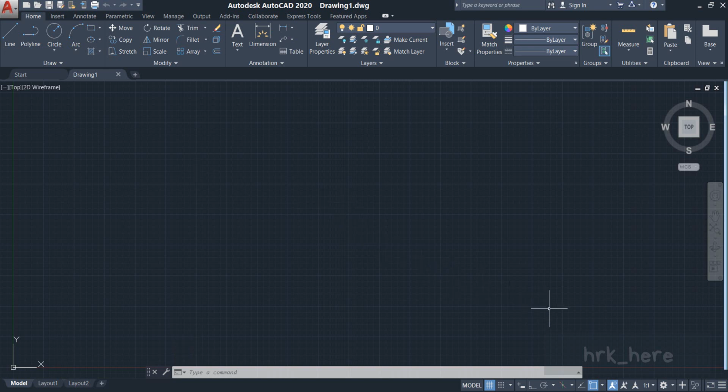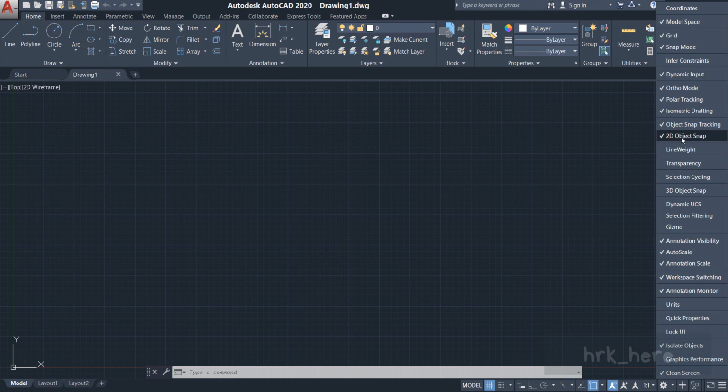So the object snap is available in the status bar over here, as you can see. If you're not able to see the object snap option in the status bar, you can come to the customization button here and click on it, and you can find it over here, 2D object snap. Just click on it. If you see this right mark beside the option, that means it is available in the status bar.